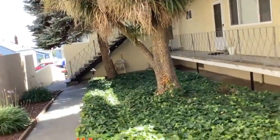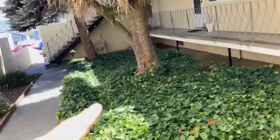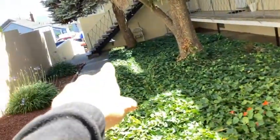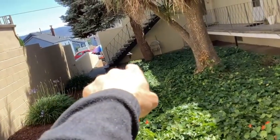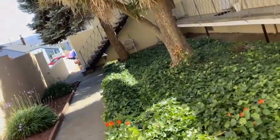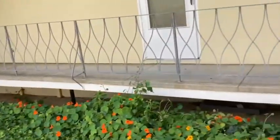On this side, needs a paint job, as well as the other side. I'll go down there and point to it, as well as the other side over here on this one. Some cement issues at the ground. Water is causing the concrete to have cracking and making it not as stable as it should be. Should have some epoxy